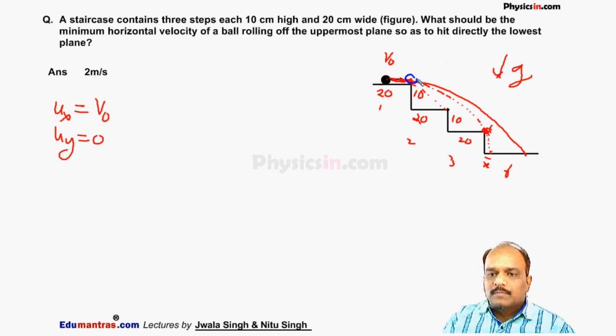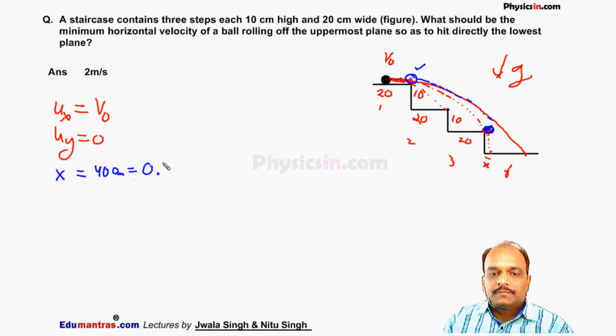starts its motion from here. It will be from here to here. It is not a projectile because it is moving on a smooth surface. But after this point, it moves freely in air, so it will behave as a projectile. So when it passes this point, the total horizontal displacement x is 20 plus 20, that is 40 centimeter,